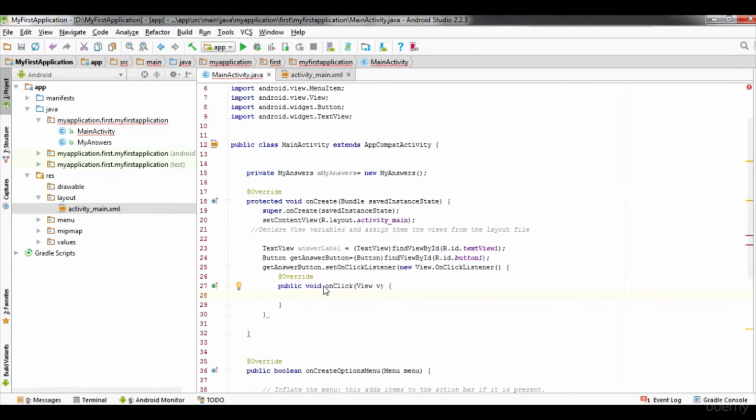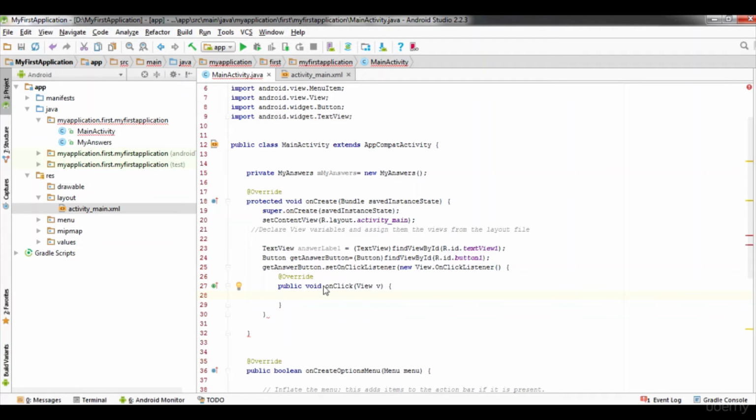Because on click of the button I want to display some answers, I'll declare my string variable as answer and set it to the answer type, which we can declare in our main activity class.